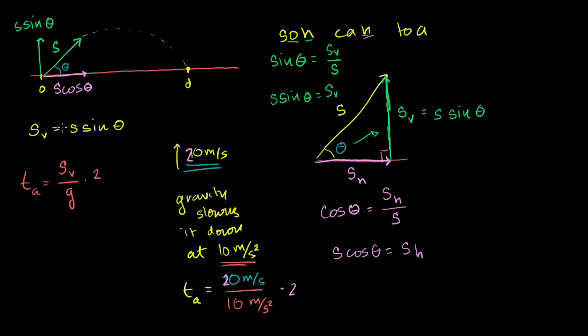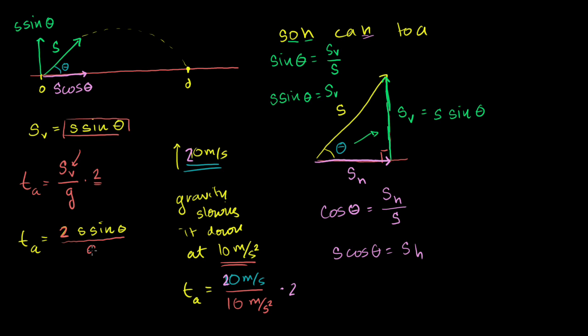Now, we already know what the vertical component for our problem is. It is s sine of theta. So we can just substitute that back in there, and we know how long we're going to be in the air. The time in the air is going to be our speed, or I should maybe put the 2 out front, 2 times s sine theta. Let me make it clear. This 2 right here is this 2 right there. All of that over